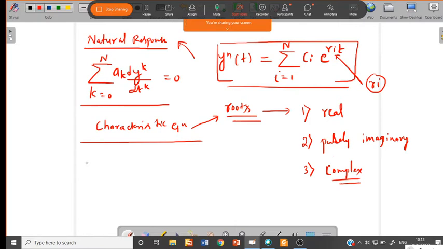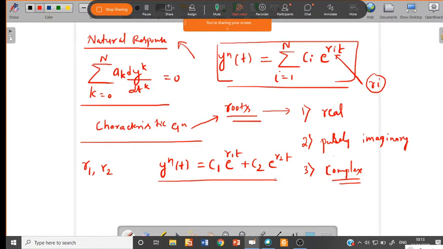So for example, if the roots are real, that is r1 comma r2, then your yn of t, that is the natural response, will be equal to c1 into e power r1t plus c2 into e power r2t. Like this your solution will exist. Later by using the initial conditions we have to find out the constants, that is c1 and c2. Similarly, if the roots are imaginary, that is plus or minus j omega,